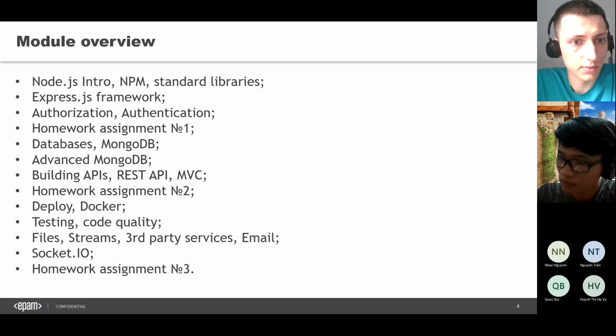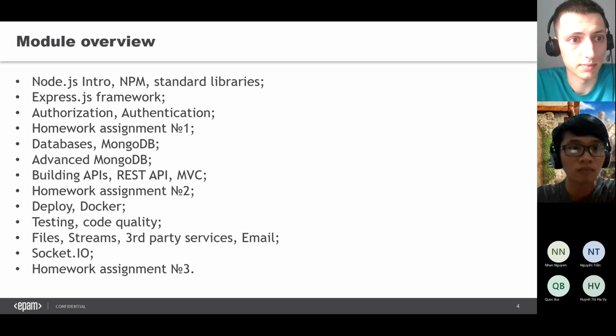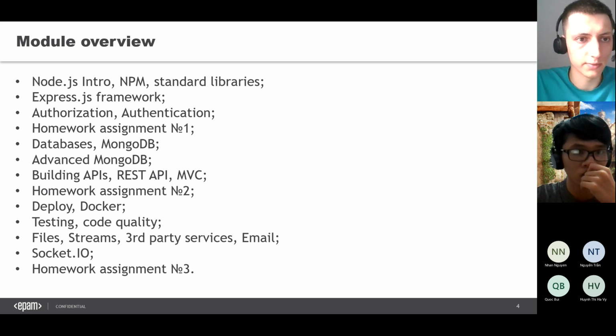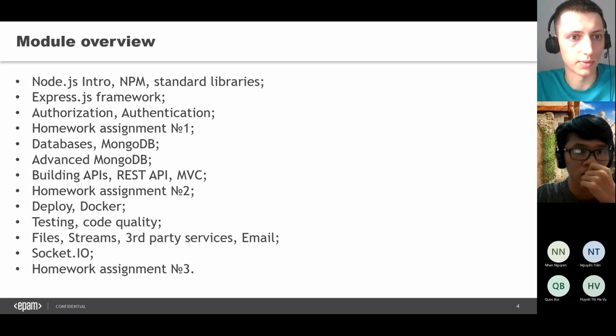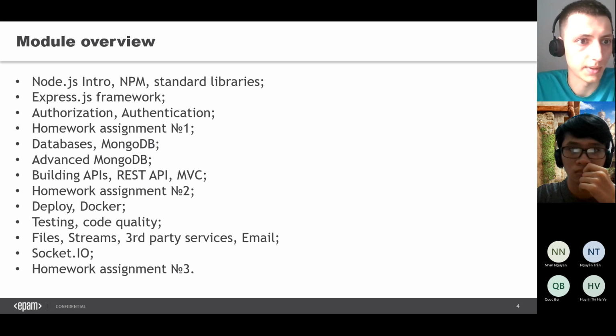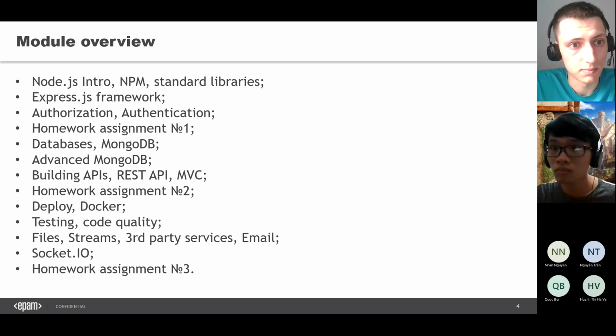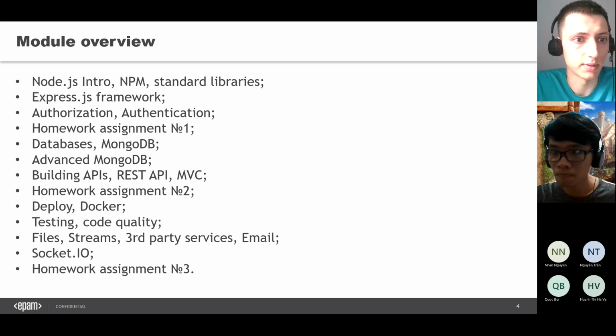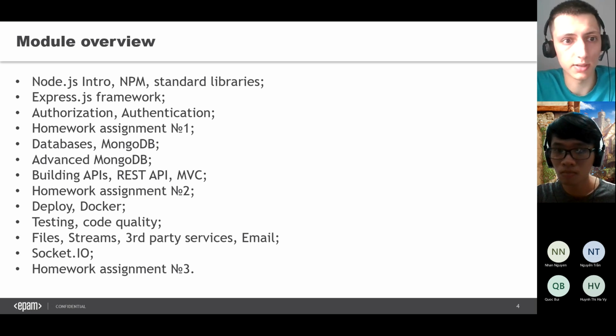Also, a little bit more details about the current model. In the first 2 lectures we'll go through Node.js, an introduction to Node.js, NPM, and a couple more standard libraries, as already said. After that we'll face the Express framework, and we'll talk about authorization and authentication.